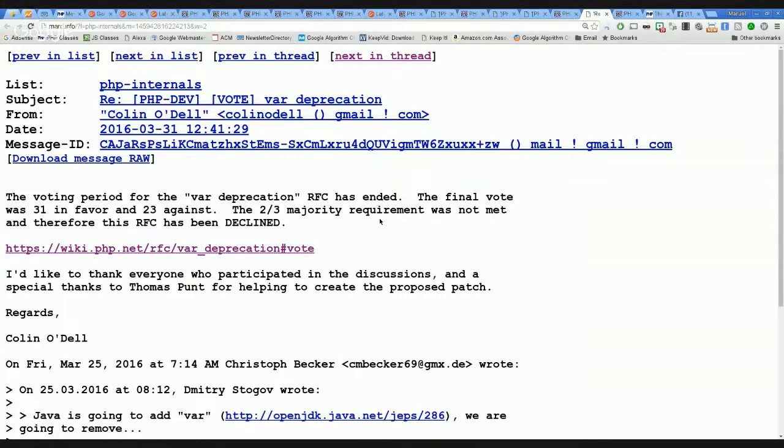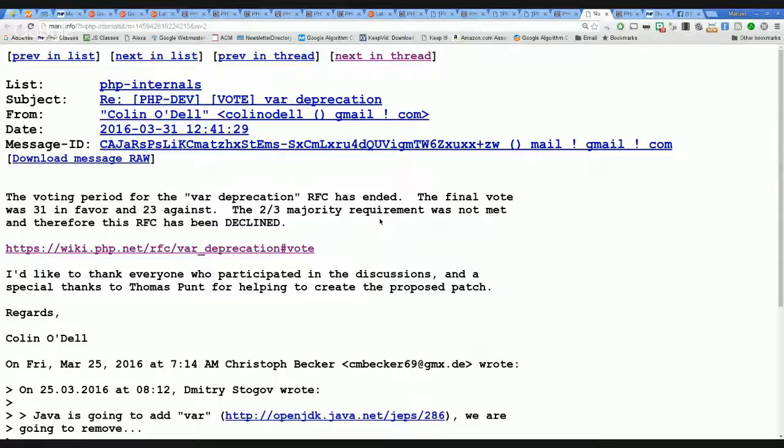But anyway, since the proposal was declined mostly because it would not add anything useful to the language and will probably only annoy people that have to maintain older code, I guess this was declined for now.